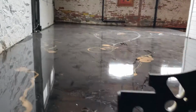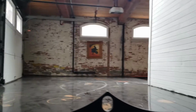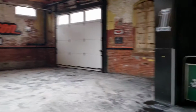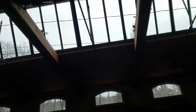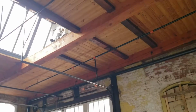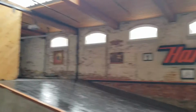Elsinore. This is our hookah lounge. It's got a big garage door there, and ridiculous amount of work went into restoring this room. I don't even want to get into it, how much time and money we put into it, but we don't even think about it anymore. You just keep going. Here's a clue. It was $10,000 just for the glass for that window. Those beams were $5 grand a piece, shipped from the West Coast. They had to be a certain type of wood to meet the historic